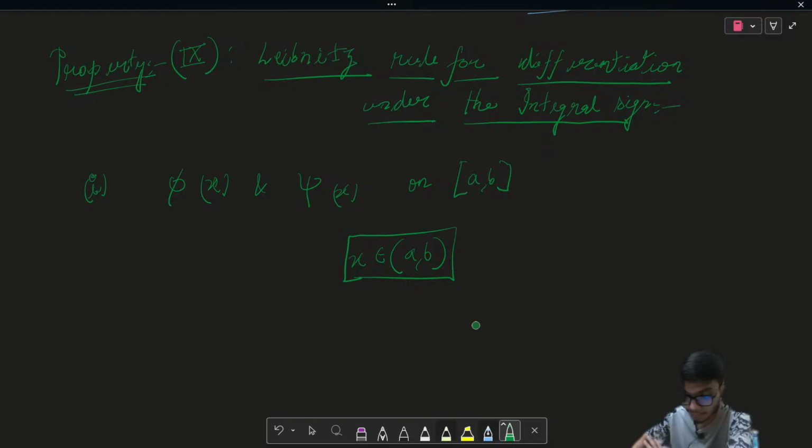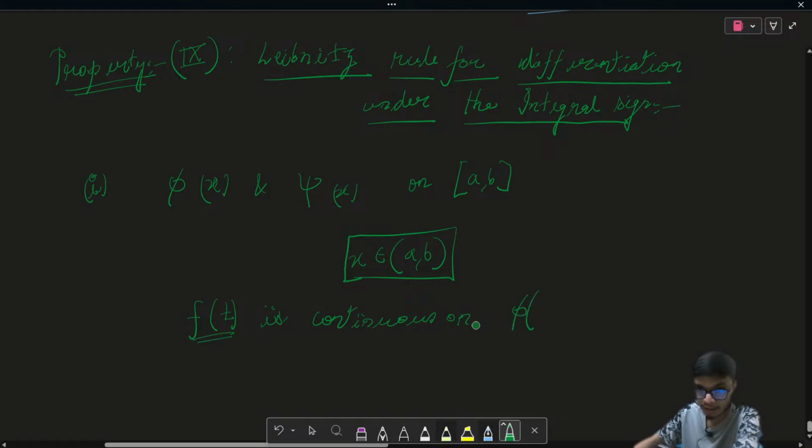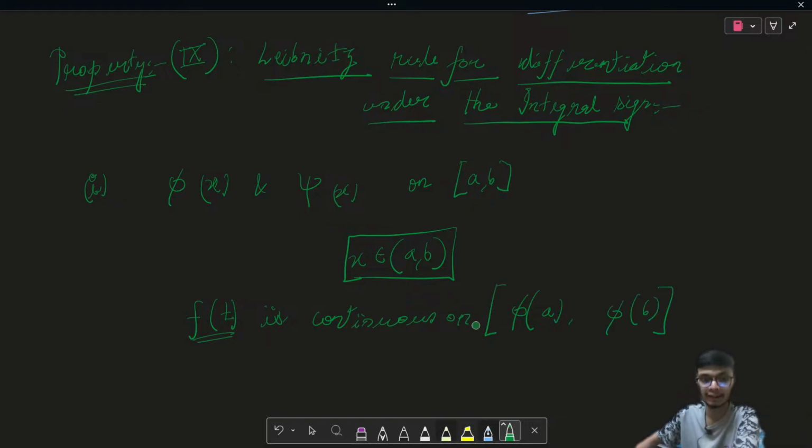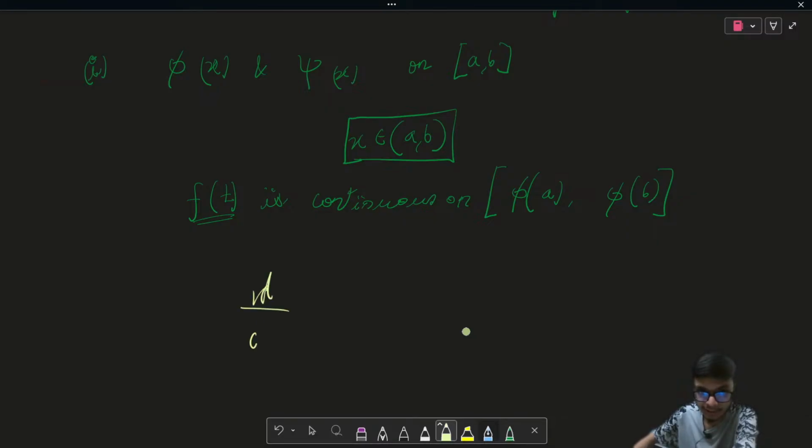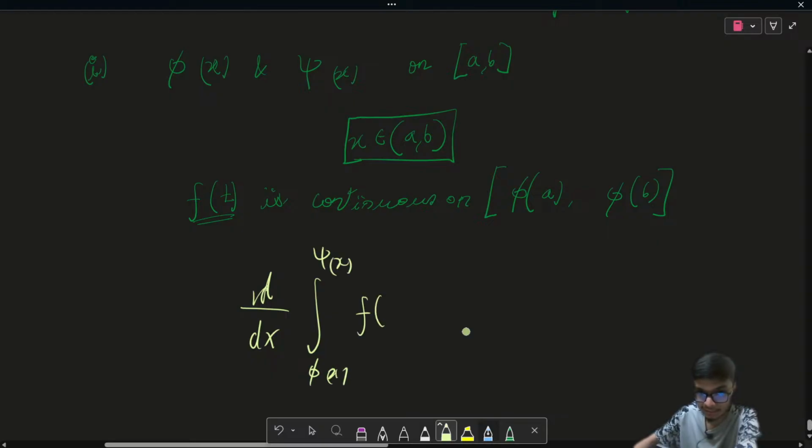If we have this formulation of function, and let us have another function f of t which is continuous on the interval phi of a to phi of b, then when we try to differentiate the integral going from phi of x to psi of x of f of t dt,